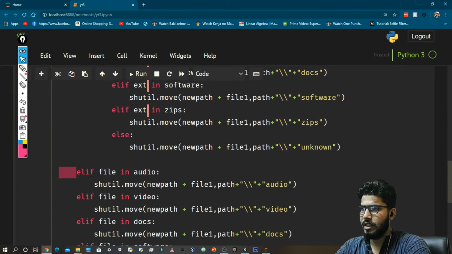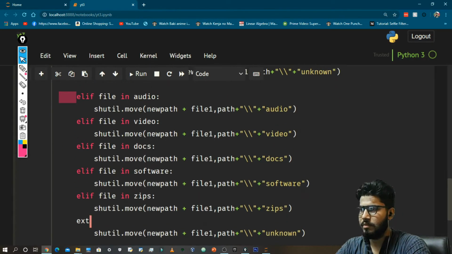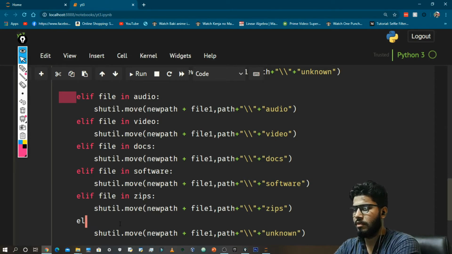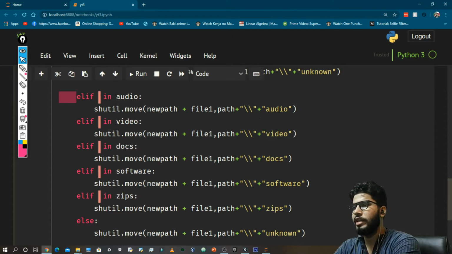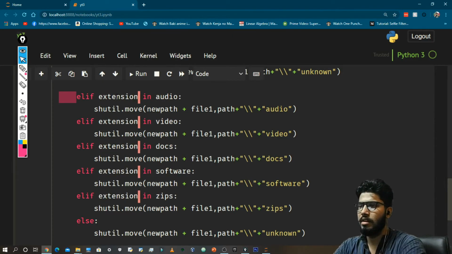Okay, and we need to do the same thing here. We need to check whether the extension is in audio, video, or wherever it is.